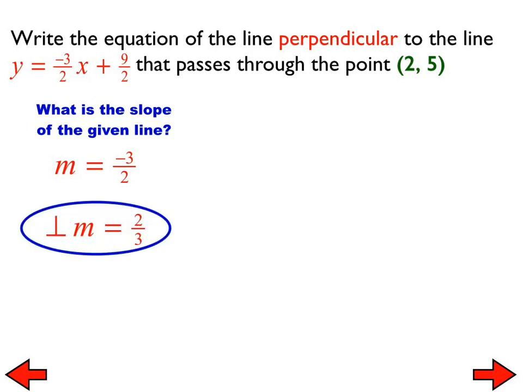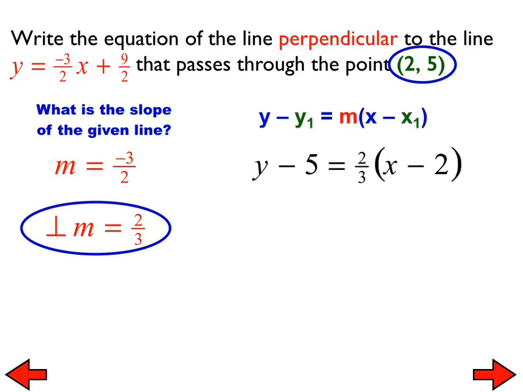All right, we're using 2/3 and the ordered pair (2, 5). We use the point-slope equation, and that results in this. Use the distributive property. And one thing that I saw from a couple of you is when you added 5 to both sides,